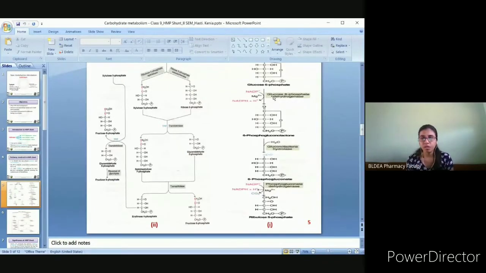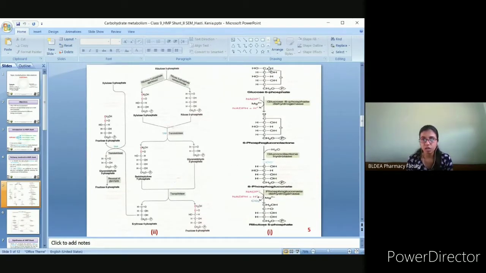So how? In presence of enzyme glucose 6-phosphate dehydrogenase. You can see glucose 6-phosphate dehydrogenase. So there is dehydrogenation taking place in this. You can see in the very first position, there is a dehydrogenation. Now these hydrogen molecules are captured by NADP plus, not NAD plus. It's not NAD plus, it's NADP plus, that is nicotinamide adenine dinucleotide phosphate. Okay, now whenever they capture hydrogens, they undergo reduction, resulting in synthesis of NADPH and H plus ion.